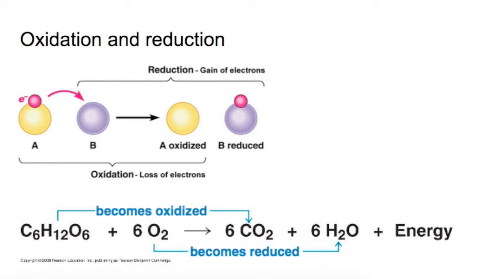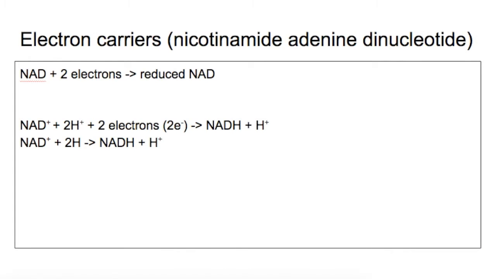Electron carriers are substances that can accept and give up electrons as required. The main electron carrier in respiration is NAD, which is the abbreviation of nicotinamide adenine dinucleotide. You can see that NAD+ plus 2 electrons equals reduced NAD, but that is just a brief explanation of what